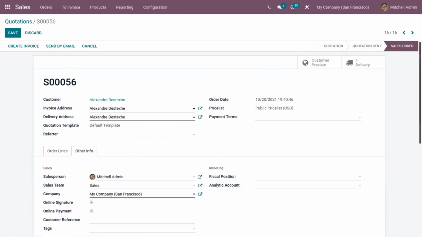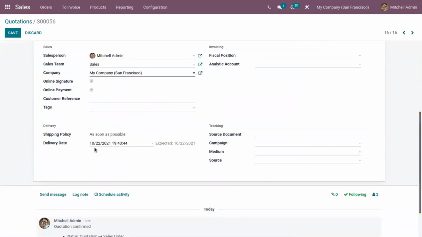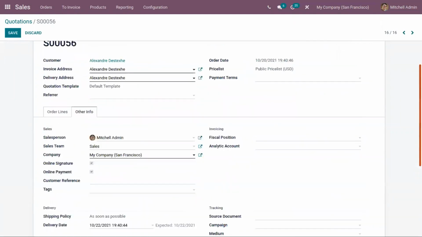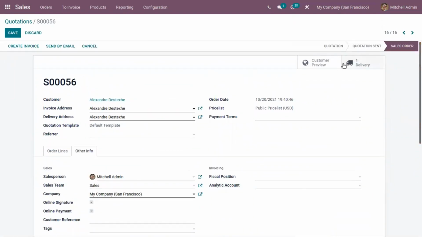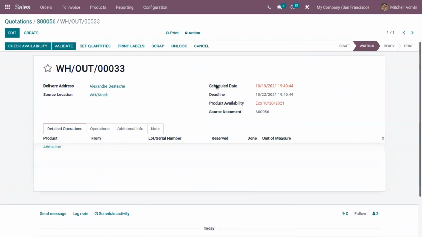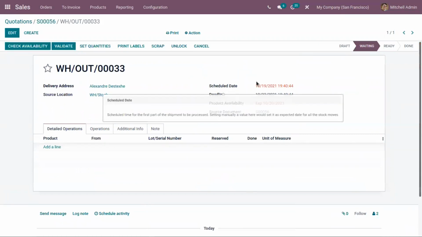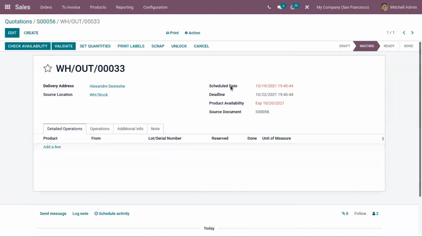And you can find that the expected delivery date is 2 days after the confirmation date. Now, when you check the delivery, you can see the scheduled date is 3 days before the expected delivery date. This is because we have set the security lead time as 3 days for our sales.